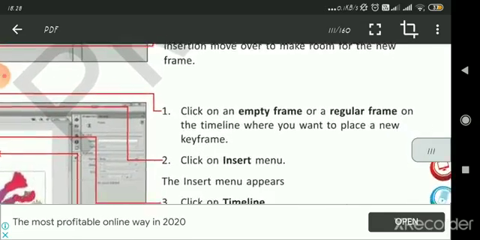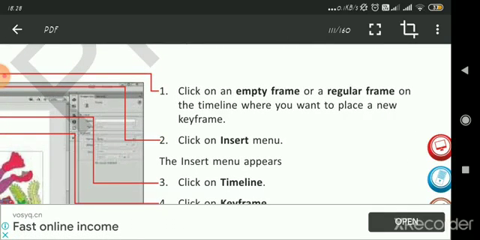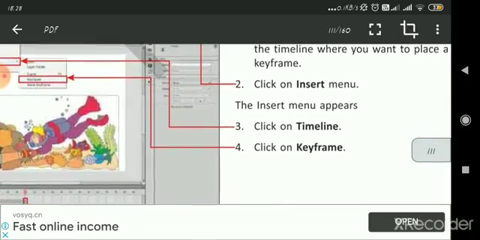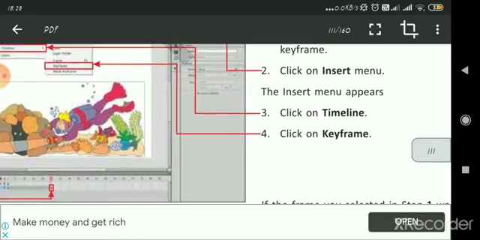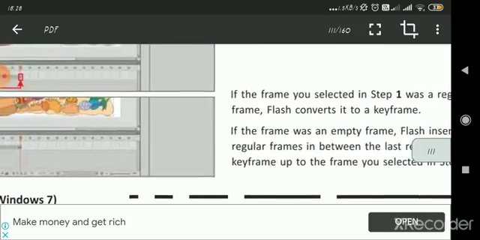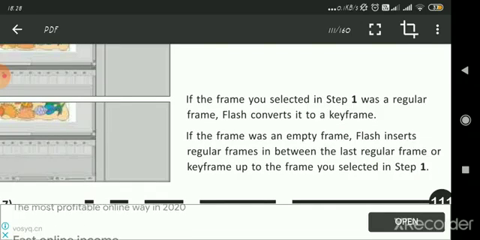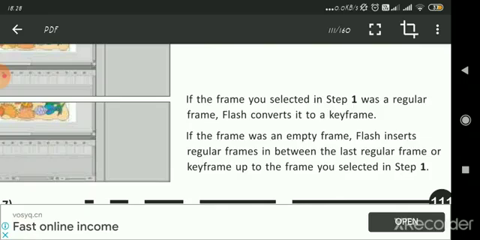Click on an empty frame on the timeline where you want to place a new keyframe. Click the insert menu, then click on timeline and click on keyframe. If the frame you selected in step 1 was a regular frame, Flash converts it to a keyframe.